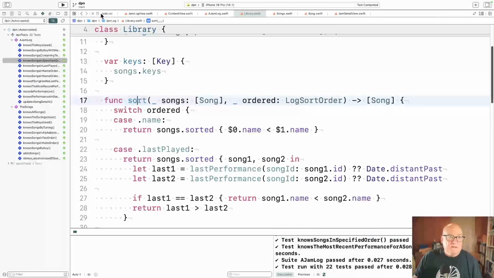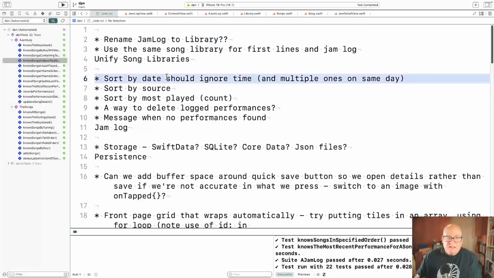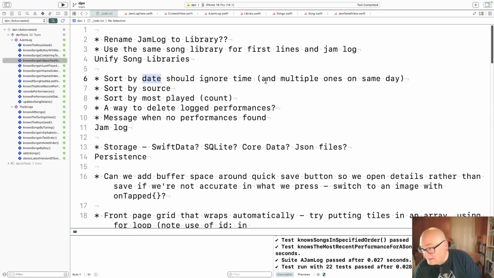So let's see. The other thing is we had stuff that we noticed just doing stuff. Like one was, we don't want to see the same date multiple times because you did one at noon and one at 2:00. So we really want to ignore the time. That is kind of tricky, unfortunately. But the way they say it is songs have lyrics and tunes are just instrumental. Some people kind of lazily just call everything a song. That wouldn't be horrible, but there is a distinction. Let's see.